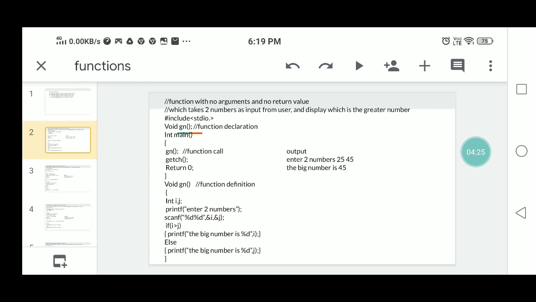Next, you read the variables i and j in the scanf statement. Then you check the condition whether i is greater than j or not. If the condition is satisfied, it prints that the value of i is greatest. If the condition is not satisfied, it prints that the value of j is the bigger number.